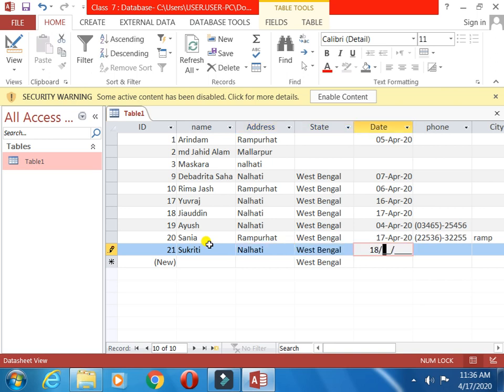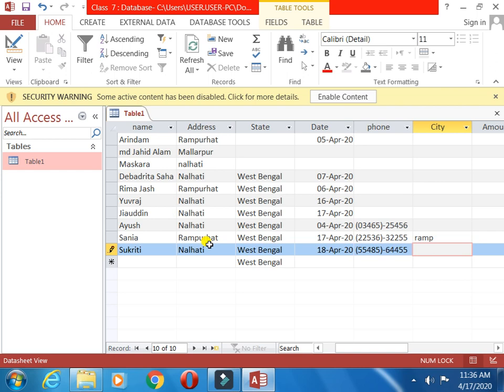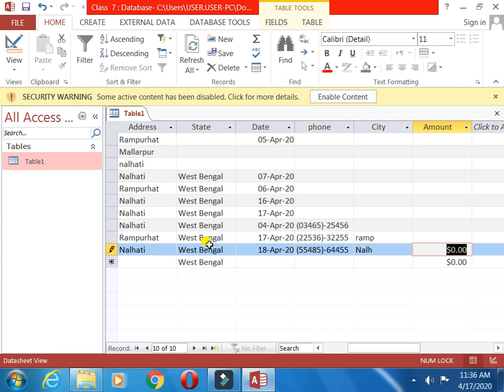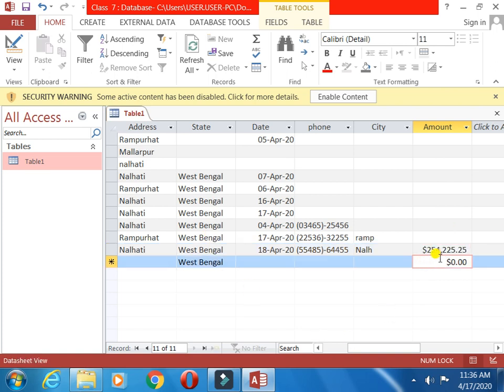This one, date 18 has come, 20 date, you can see the format of phone. Now Nalhati. Here you just noticed, in Nalhati, after H the A is not taking. Now I will give the amount here.